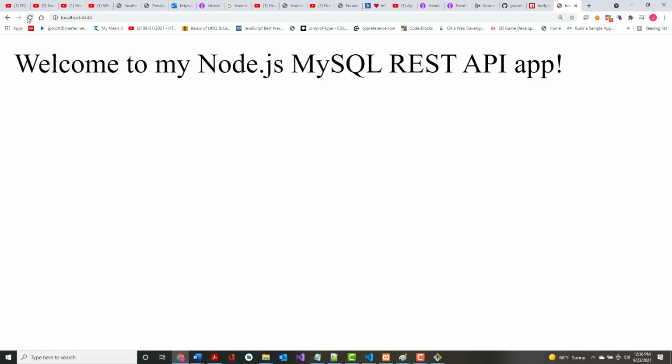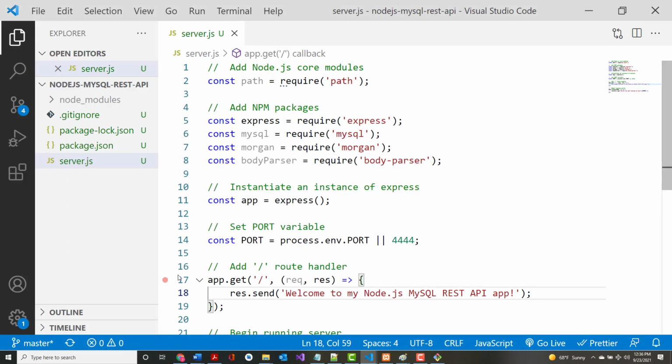Now for today, we're going to be mainly working with just JSON data. And if you don't know what JSON data is, well, I'm going to show you right now, because we're going to make some. All right. So what I'd like you to do is, back in your server.js file, we're just going to add